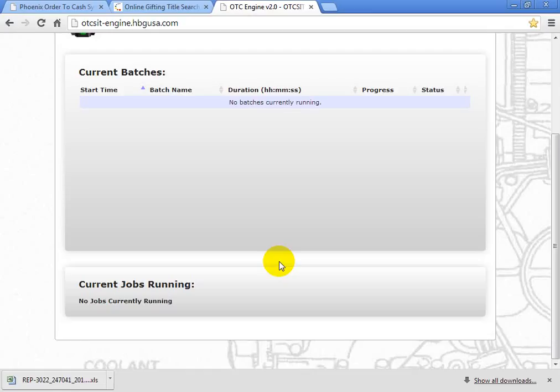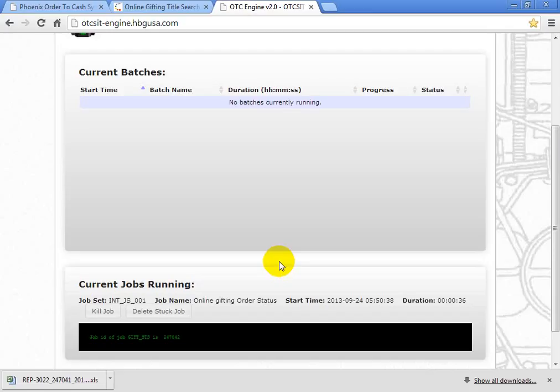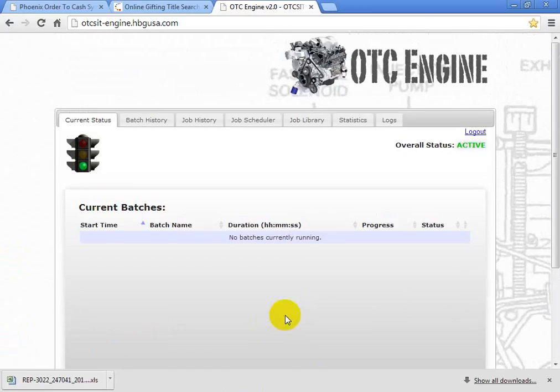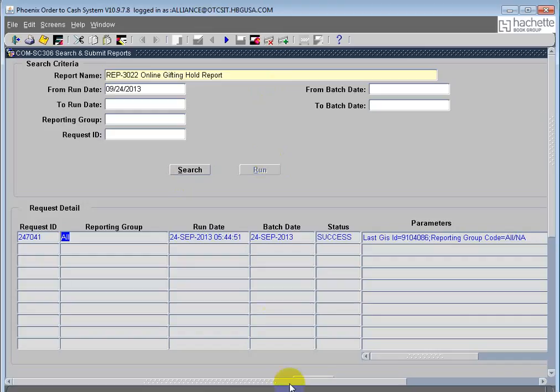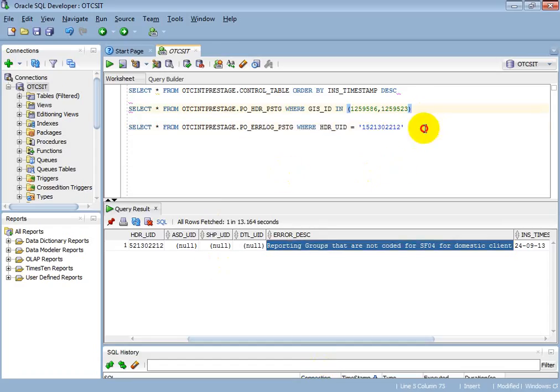Actually, these jobs will be scheduled and run automatically. If you want to see it instantly, then you need to run it manually. Say the order is at regular status, then the order will be at release status. In order to see that also, we have to run this job, if you want to see it in the online gifting application. Basically, it's auto process in production. Everything will be scheduled when it comes to production. Okay, this order status job has been run. You will be able to find this acknowledgement information in one of the tables.